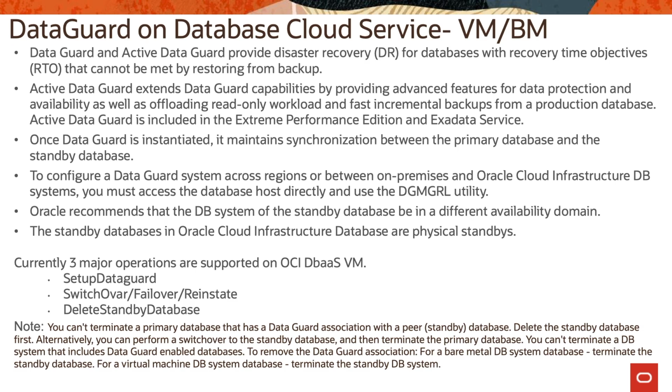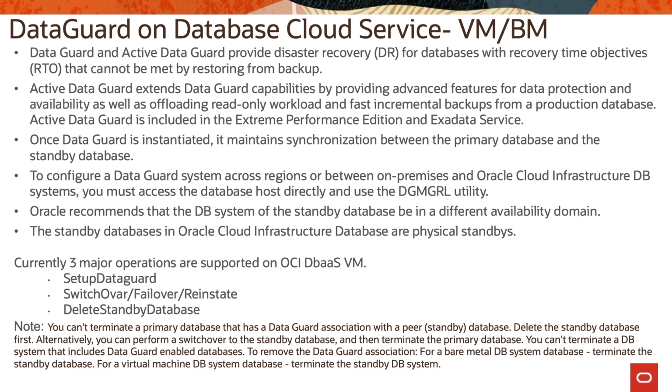The other activity supported is failover. Failover is a transition of the standby database into the primary role after the existing primary database fails or becomes unreachable. Failover has to be done very carefully because it might result in some data loss when you use maximum performance protection mode. And reinstate is a database operation that returns a database into a standby role in a Data Guard association. You can use the reinstate command to return a failed database into service after correcting the cause of failure, so it is done after a failover.